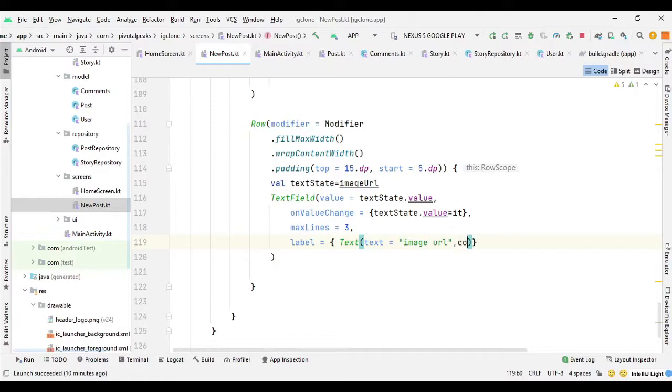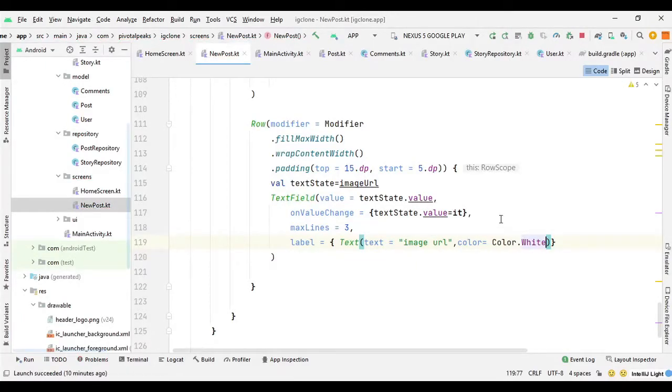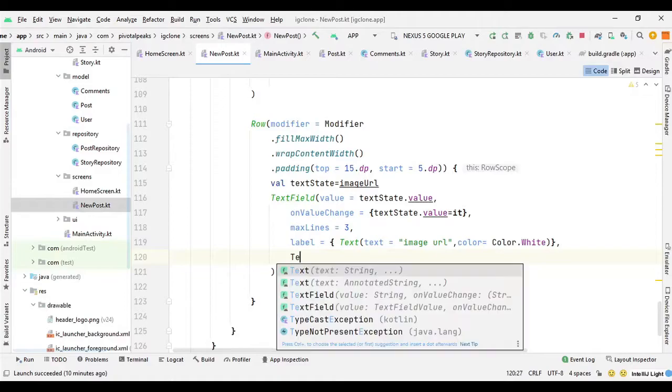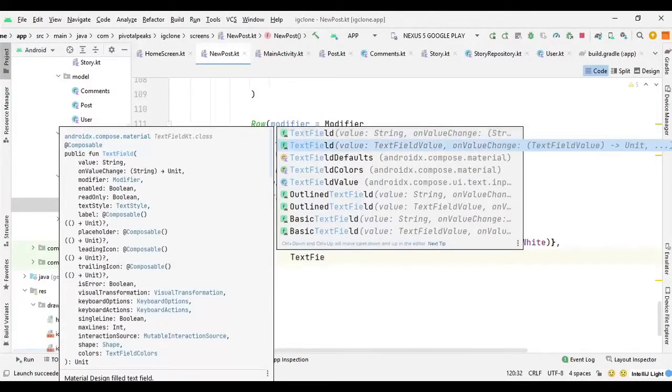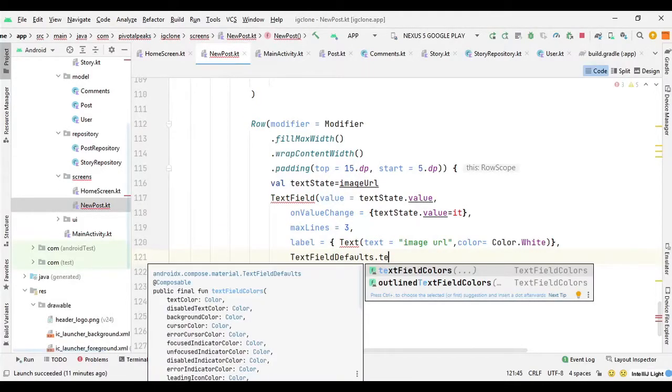and then we can provide the text, and here we can say image URL, and let's give it some property as well. So for color we can say color dot white, and I think that will be it for the label. So we got value, on value change, max line, label, and we also need the colors for the text field itself. So this color was for the label, and for the text field we need to call it a bit differently. So here we will say text field defaults, and then we can call the text field colors method,